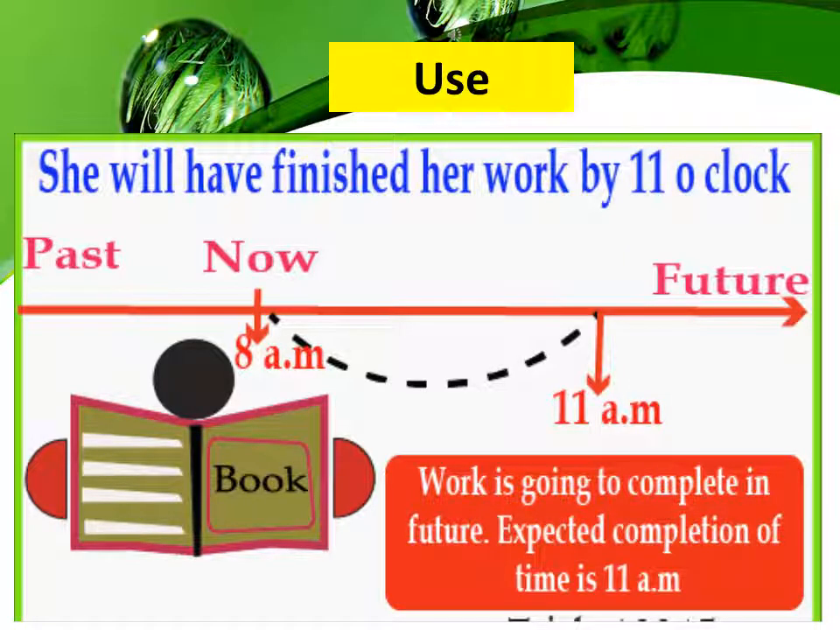Okay, here is another explanation of the use. So she will have finished her work by 11 o'clock. Look here. So we have the arrow عندنا السهم فيه past now. So she's reading the book. Okay. The future 11 a.m. في هذيك النقطة مع 11 مثلا. So work is going on to complete in future. Expected completion of time is 11 a.m. يعني بدات كتقرا دابا ولكن كنتوقعوا هاد سالي قراءة الكتاب مثلا by 11 o'clock مع 11 ولا قبل 11 بشويه